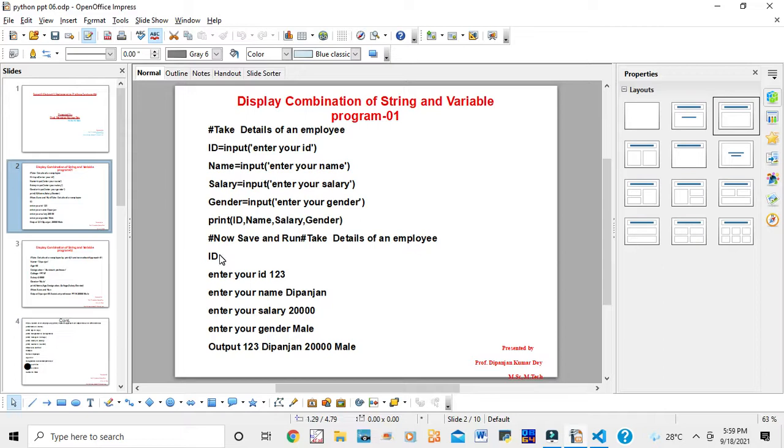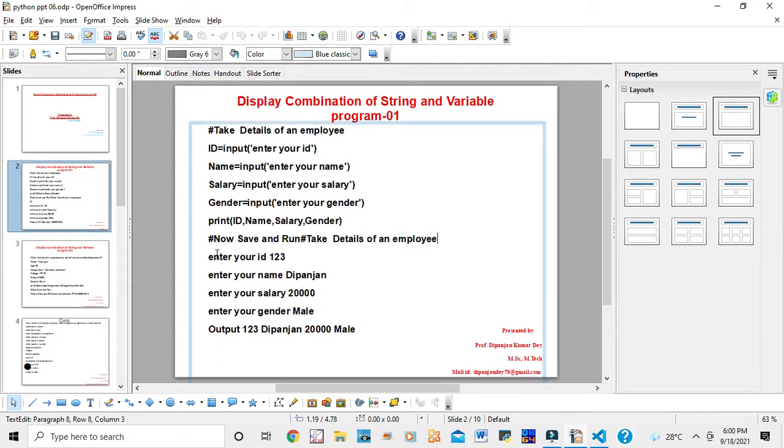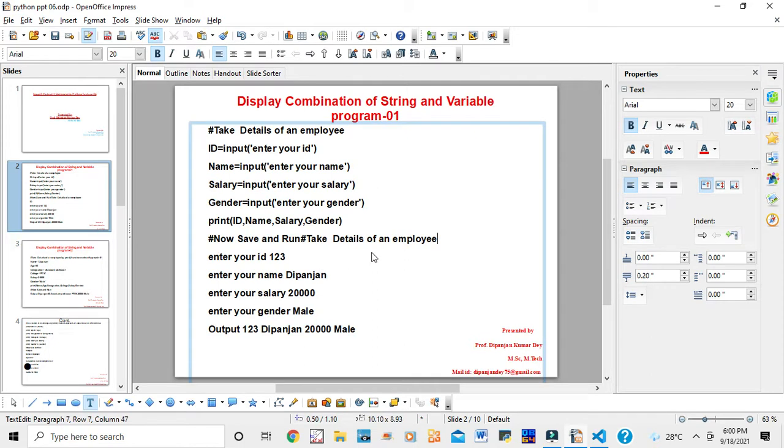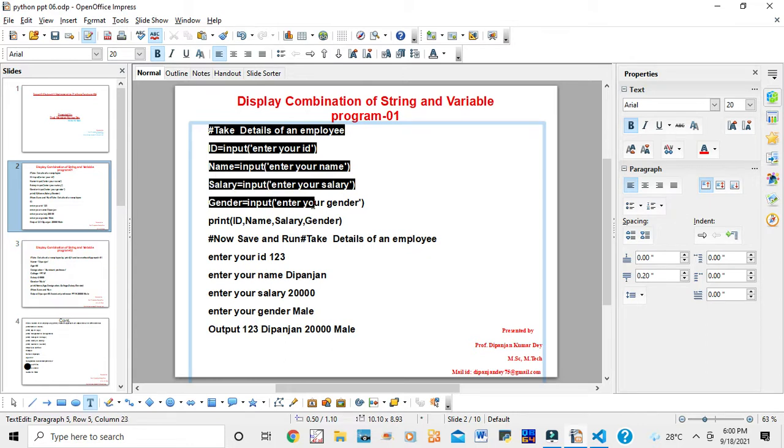It says enter your ID, you have to enter 1 2 3, then enter your name, enter your salary, enter your gender, then you will see the output: 1 2 3, Dipanjan, 20,000 and male.